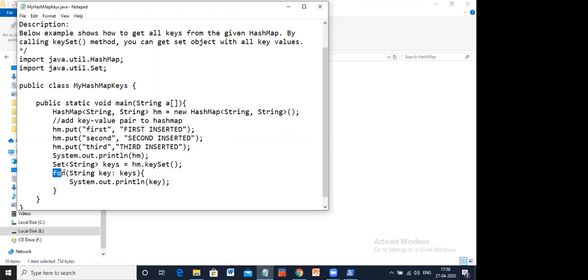And then this is a for loop, a for each. Keys: the first will go here, and then it will print first, then second, then third, and the for loop will end. Is it okay?